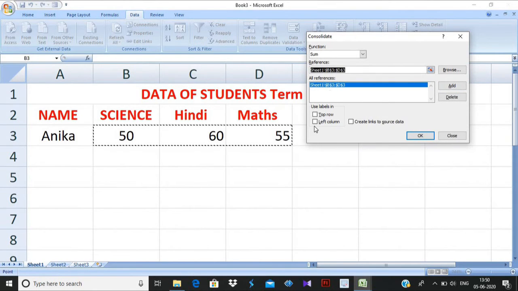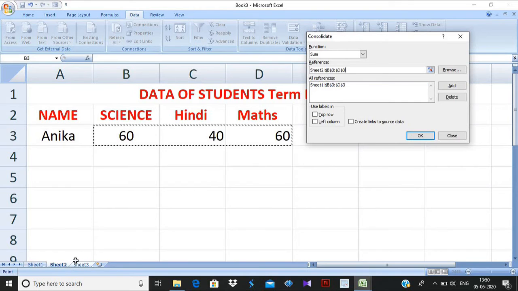Now click on sheet 2 and select the same B3 to D3, and click on Add. Now sheet 1 and sheet 2 are both added here. If you have 3 or 4 sheets, you can select the third, fourth and fifth also.